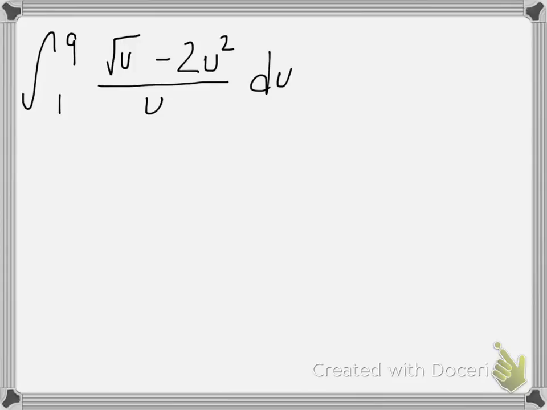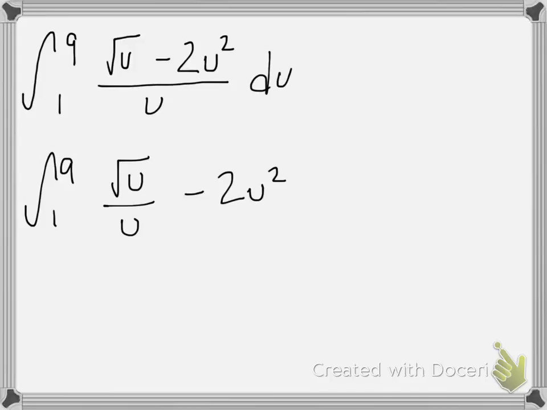Alright, so since that looks kind of rough, I'm just going to go ahead and rewrite it. Since we have a fraction with two things in the numerator, and since you are subtracting both of those, just go ahead and rewrite it as u over u, just so that way you can clean things up and make it a little bit easier on us. And so that is going to be